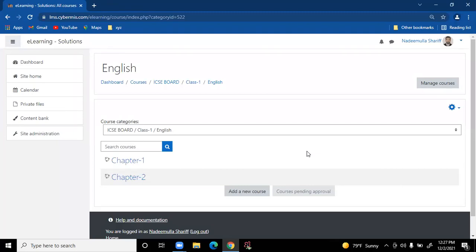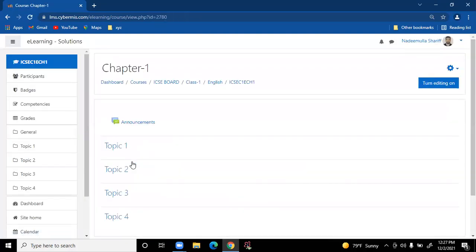Now assume that your structure is ready. Whatever the number of chapters, all the chapters are ready now. Once you click on the chapter, the teacher's work starts from here. From this point onwards, the teacher is going to start adding their content. This is where the challenge is: how we can communicate, how we can share the data.